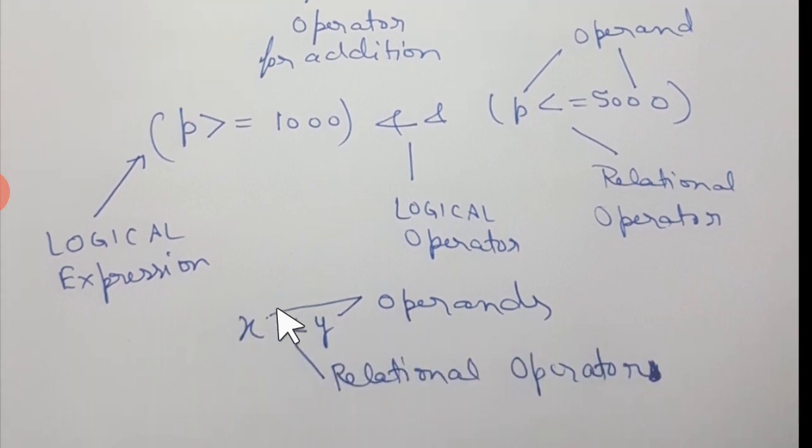Now we are going towards one more example, that is x less than y. So less than has been used. This is the relational operator. Like here p greater than equal to was the relational operator, and after p there is less than equal to, that is also a relational operator. So this less than is the relational operator, and x and y are the operands because this operation is being performed upon these two operands. Alright. And the expression which we have written here is the relational expression.